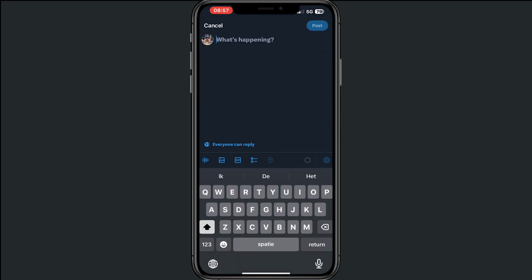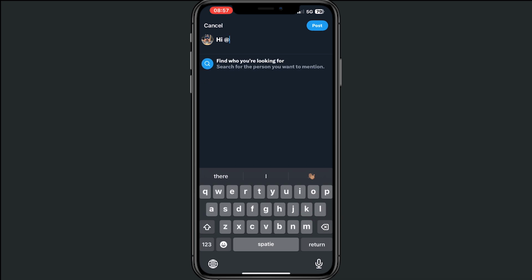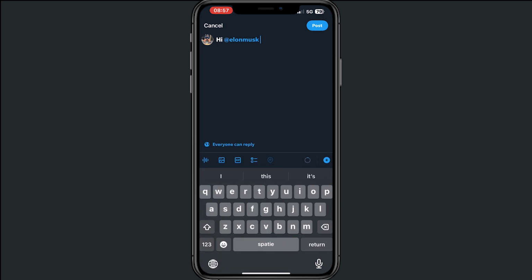Then write a message or create the tweet that you want to create, and we will start by telling Elon Musk what his thoughts on the market are right now. So hi, and then tap on the 1, 2, 3 icon, and from there tap on this little icon, and from there we can type in the name that we want to tag, then tap on his name, and then behind there the message. What do you think of